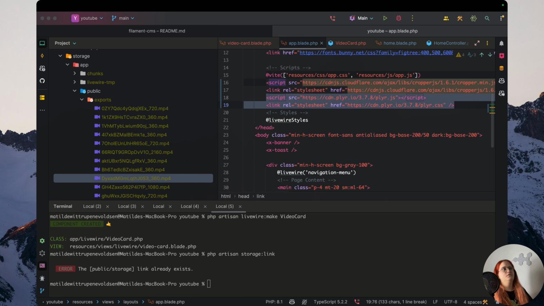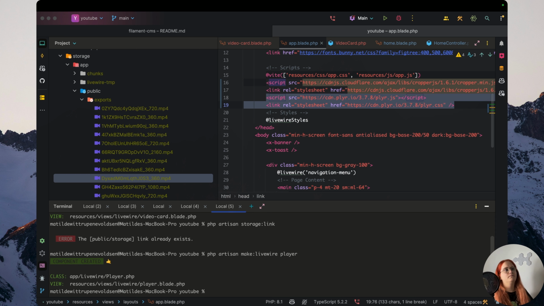So when it comes to actually creating a component for it, we're gonna have a component where we're gonna play the video. So let's go ahead and look at that now. So we're gonna head in and create a component called player. And inside player, let's just make sure that we have